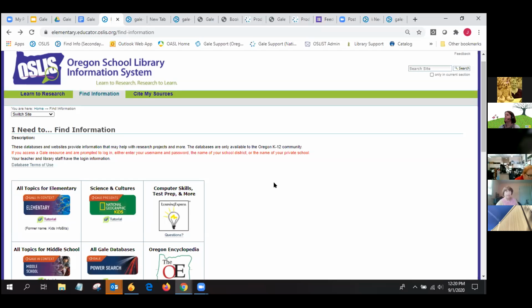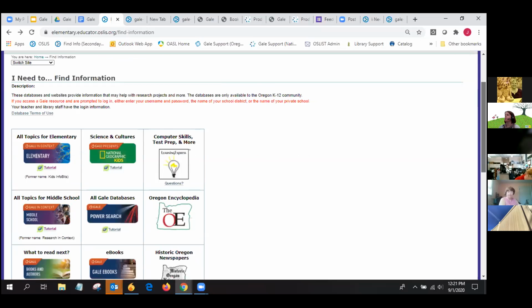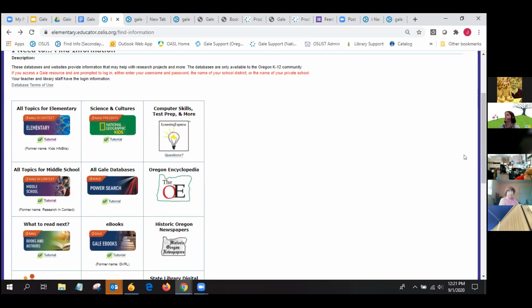But getting back to how do you get in? Well, if you are working through the public library, like I said, if they're accessing from home, they're going to need their library card number and their PIN. But if you are working from a school library, the very first thing I'll say to all the school library people out there is,